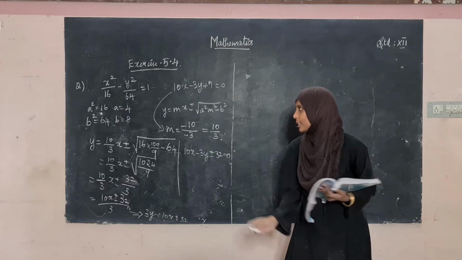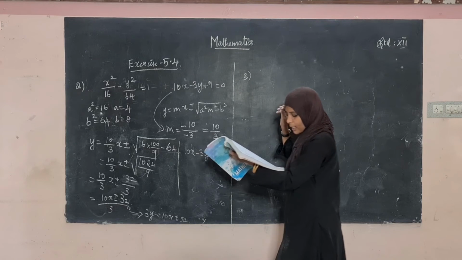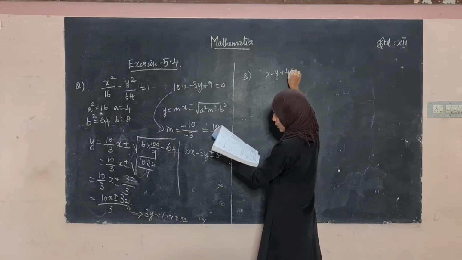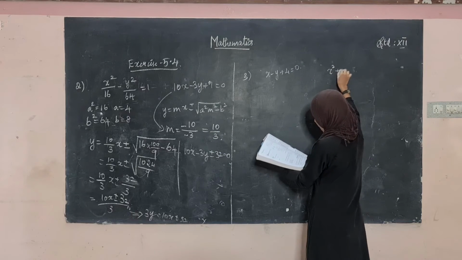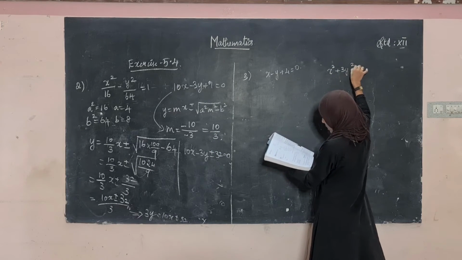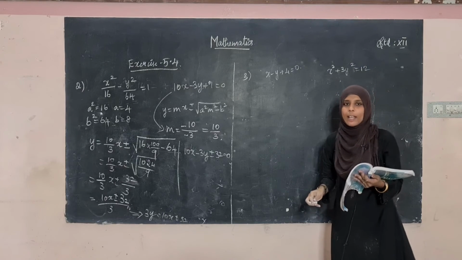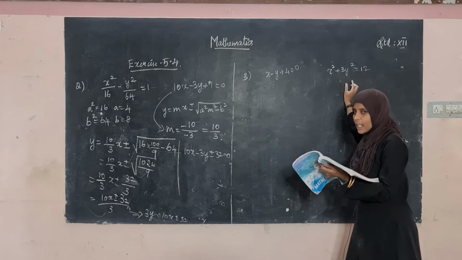Now let us see the third sum. Okay, what's the third sum? Show that the line x minus y plus 4 equal to 0 is the tangent to the ellipse x square plus 3y square is equal to 12. Also find the coordinates of the points. That is, we have to show that this line is the tangent to this ellipse and we have to find